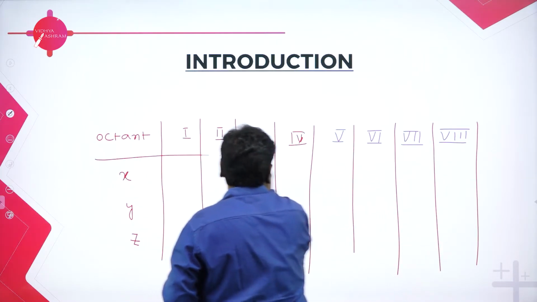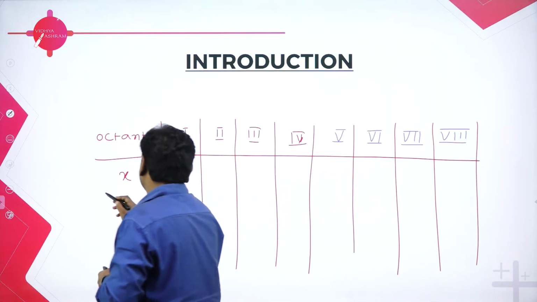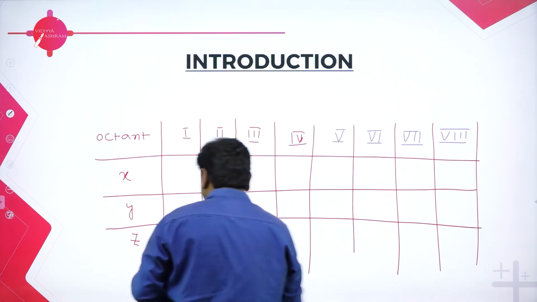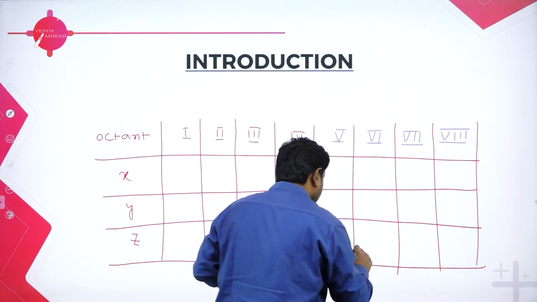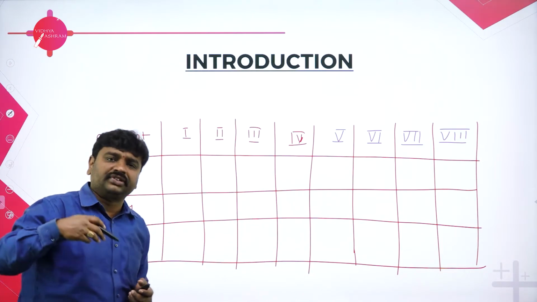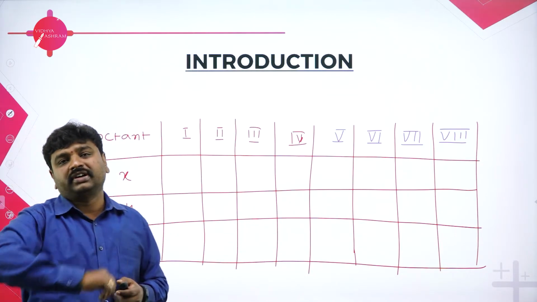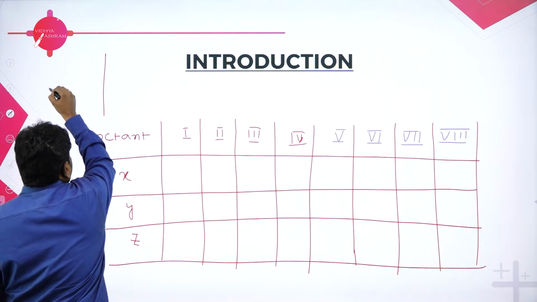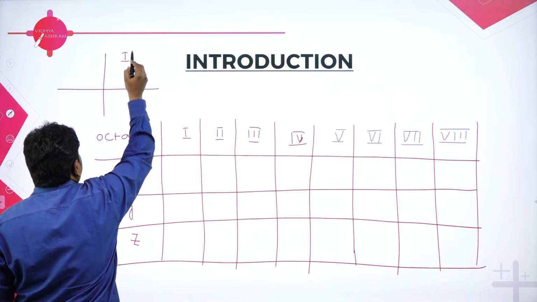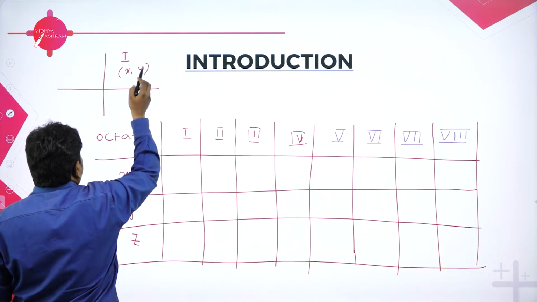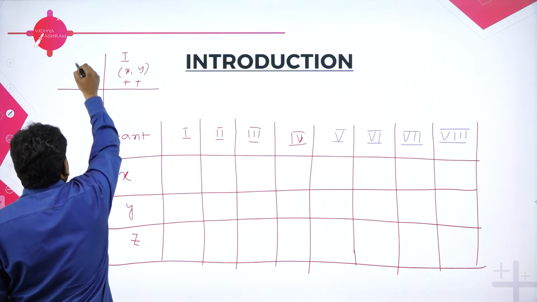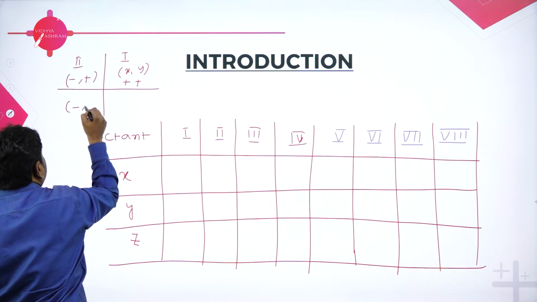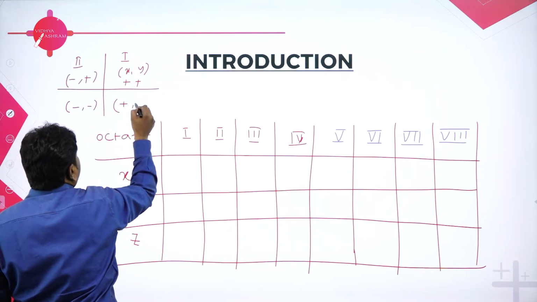Now dear students, all of you know the quadrant system. We use the quadrant technique and from that we can generate the table. It is a very interesting and very simple logic I'll teach you. You apply the logic, you will get the table. Once you can generate the table, you can decide to which octant the given point belongs. In the quadrant system, the first quadrant has X and Y both positive. In the second quadrant, X is negative, Y is positive. Third quadrant, both are negative. Fourth quadrant, X is positive, Y is negative.